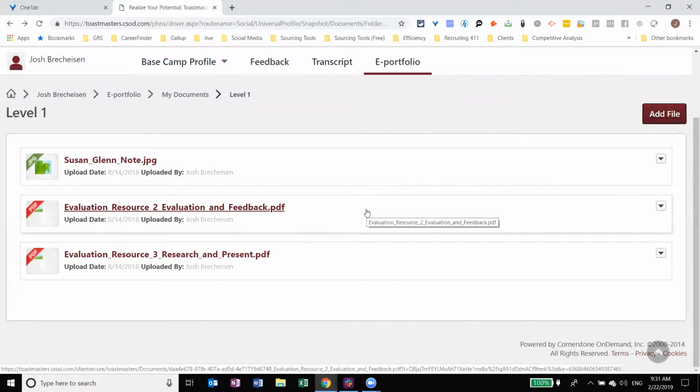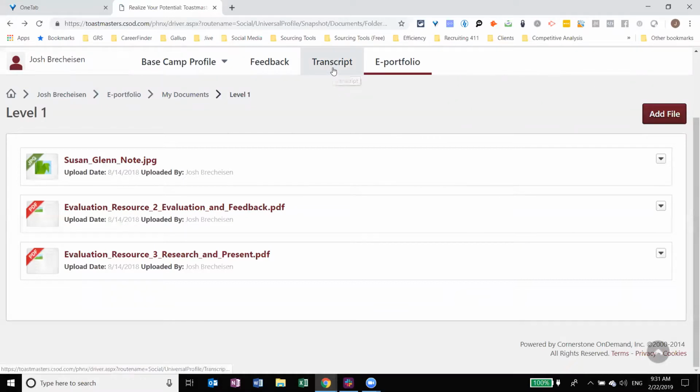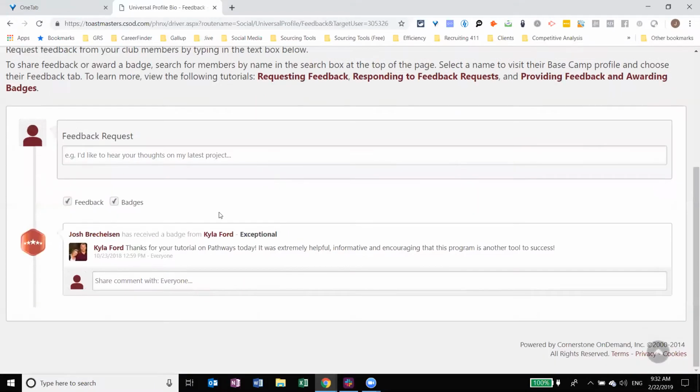And then as well, if it's electronic, you can have them scan it and send it to you, or if they did it through a PDF, they can save it to their computer and email it to you and upload it here. Or here in the feedback area, they can upload it here. So you can see